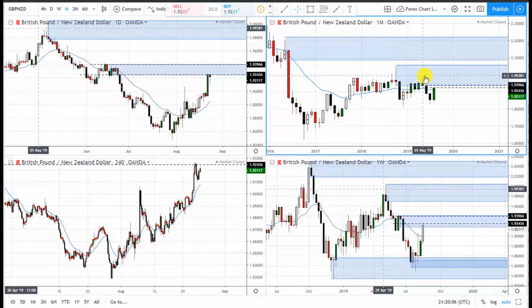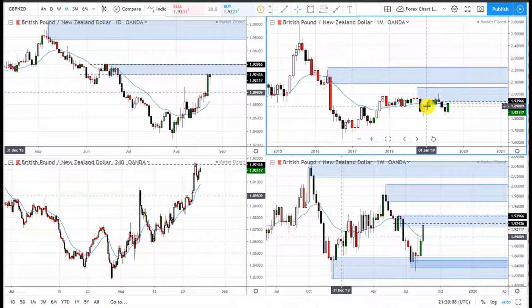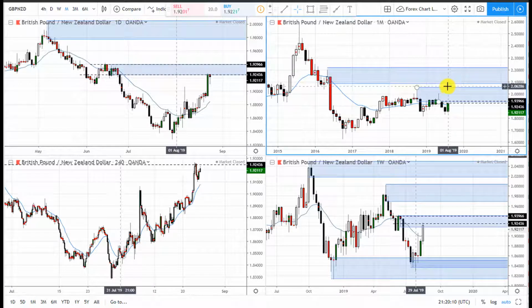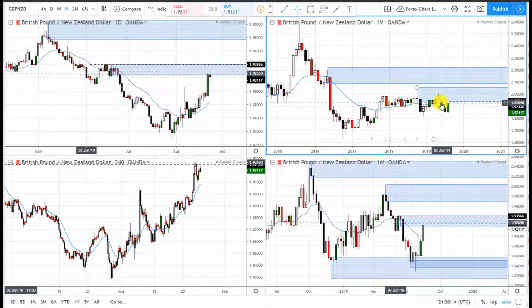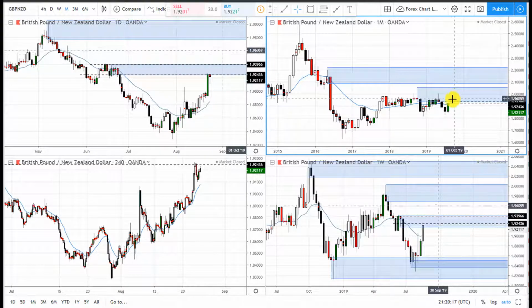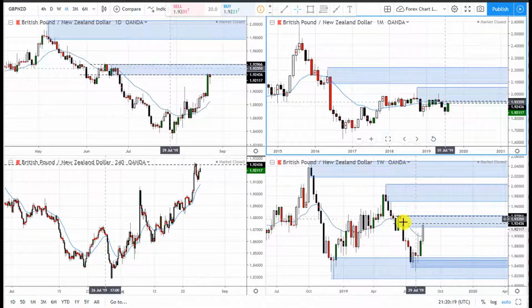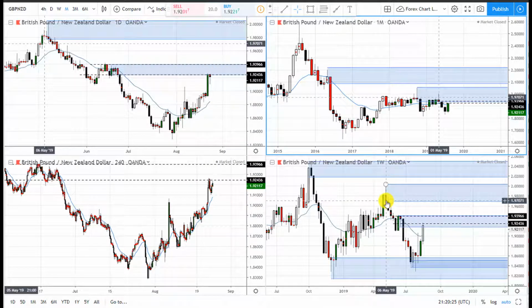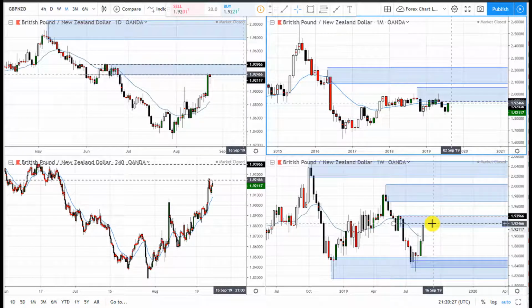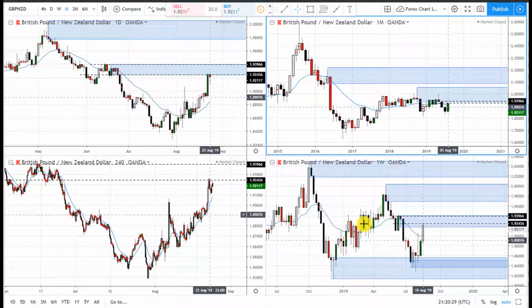Okay, so big picture, we don't want to buy because price is too high in this supply zone, and all supply zones are in control. So if you're trading the weekly, daily, 4-hour sequence,